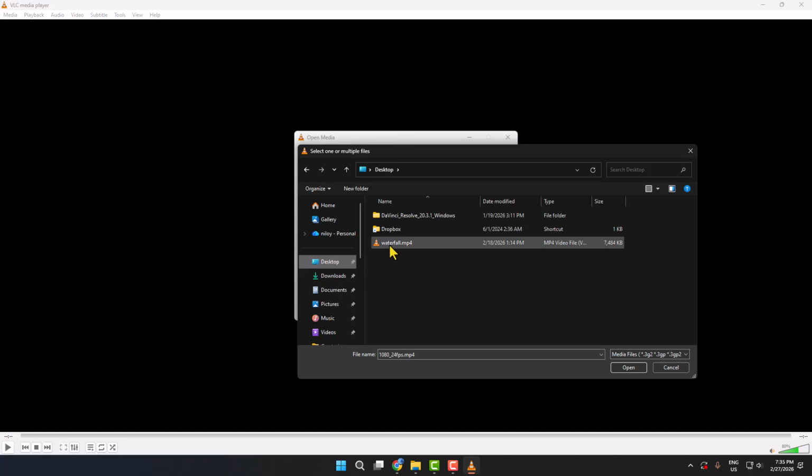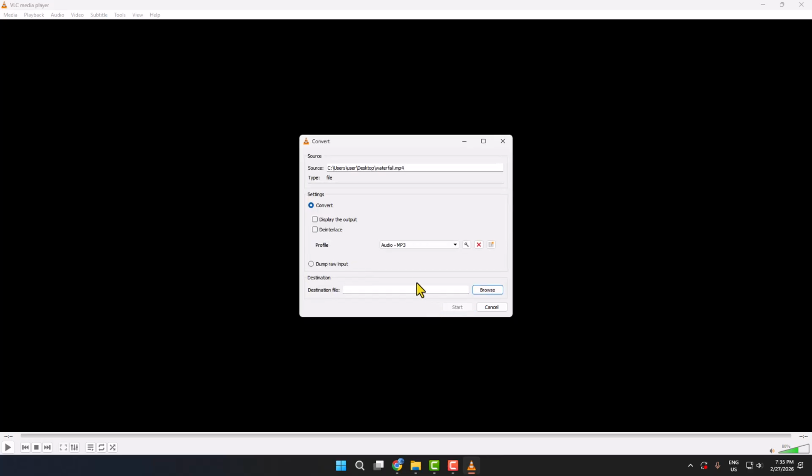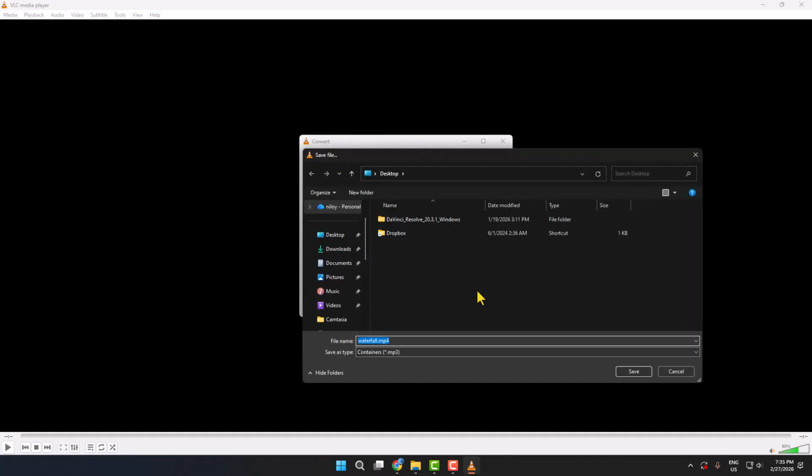So here I'm selecting my video. Then clicking on Convert Save. In here, make sure to select Convert and then click on this profile drop down. In here, scroll down and find audio MP3. Select this option and click on Browse next to destination file and select a folder or location where you want